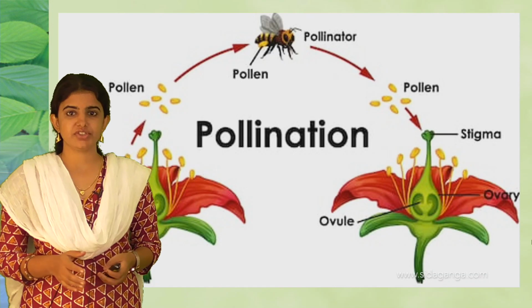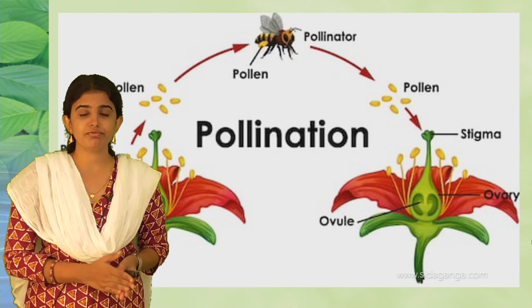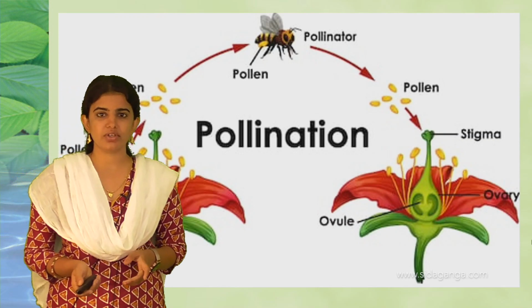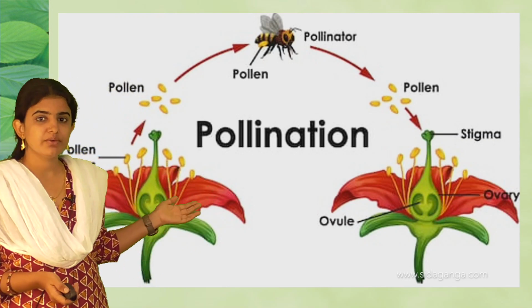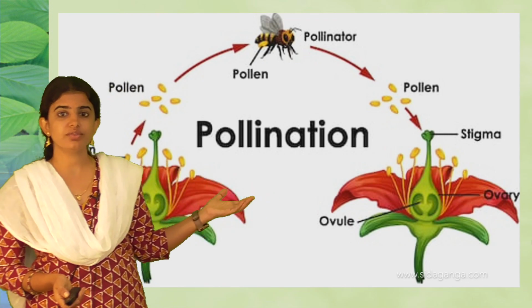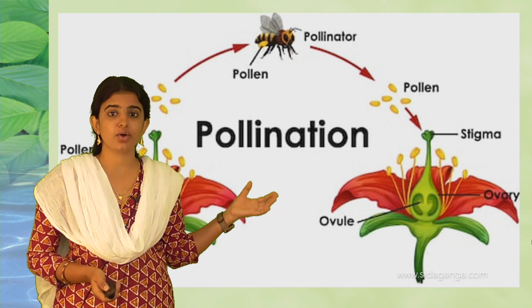Next one is the pollination. Pollination is nothing but the transfer of pollen grain from the anther to the stigma of a flower. See, after pollination, the flower is matured, and ovules get converted into the seed, and the ovaries get